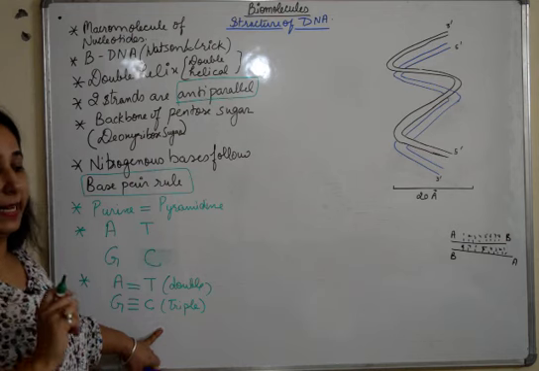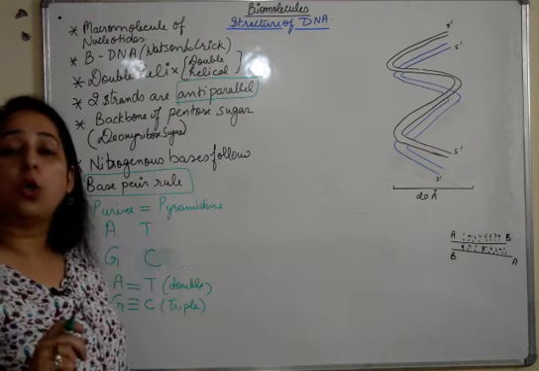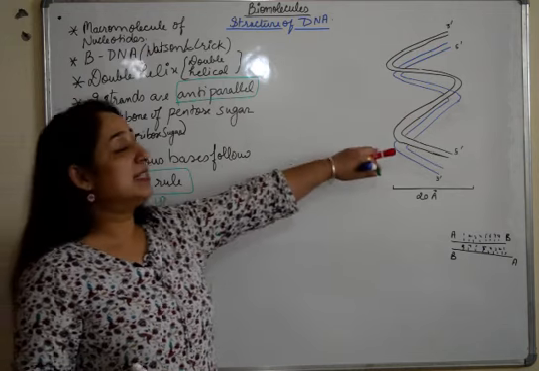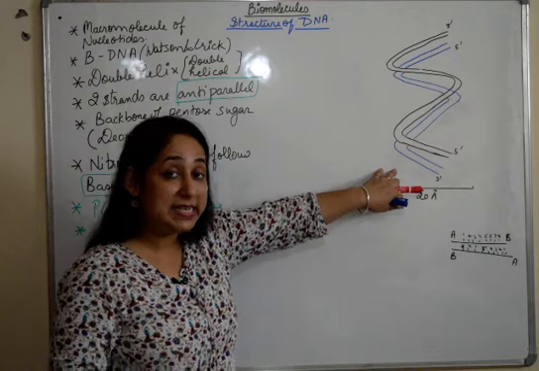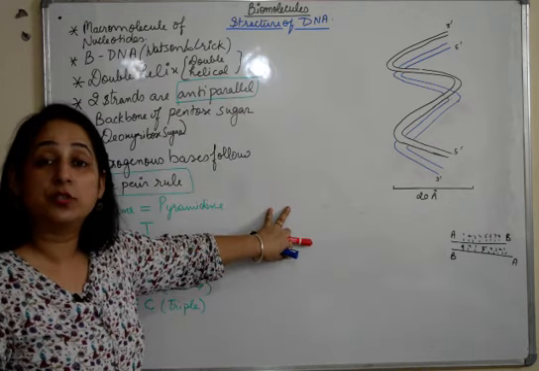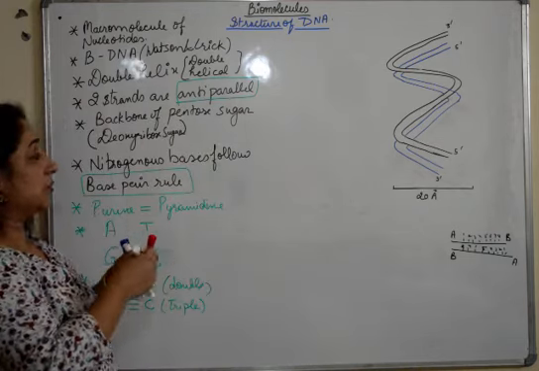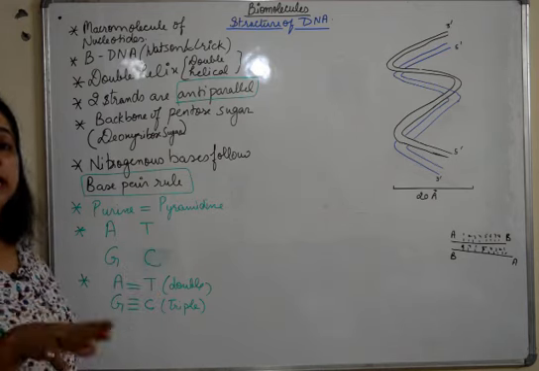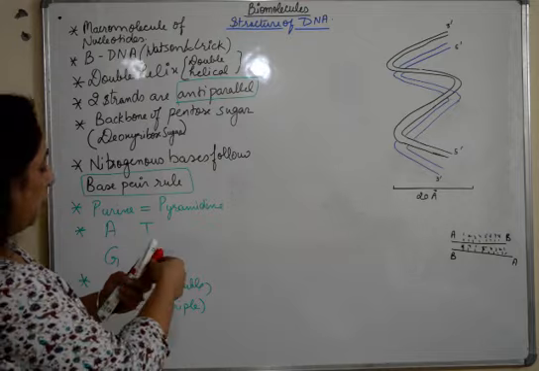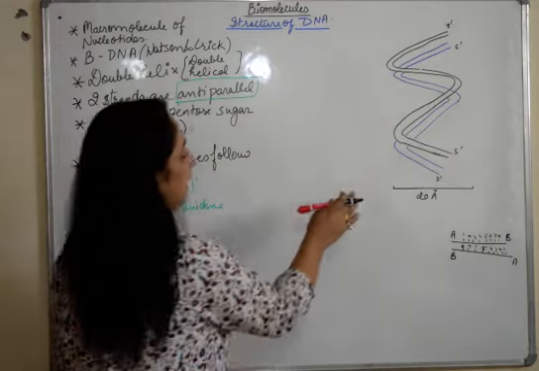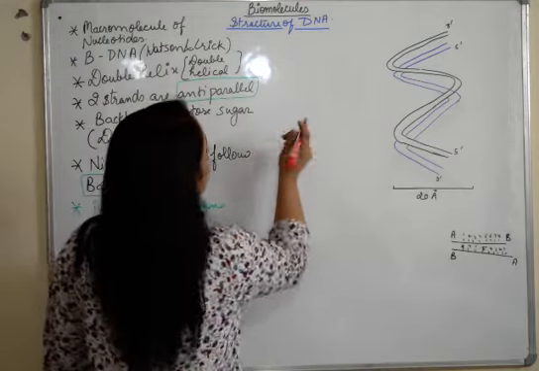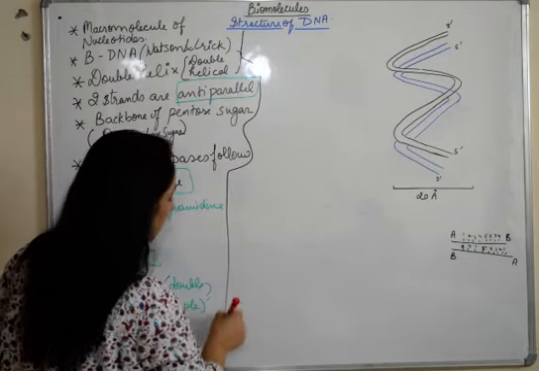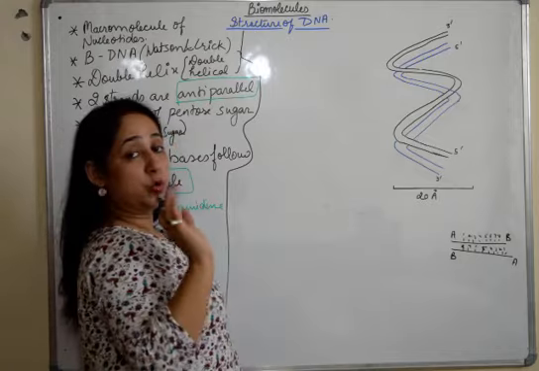We'll now talk in detail about the skeletal structure of the DNA. This is the structure which is present physically, but how can its organic structure be drawn? We'll make that structure taking all these instructions into notice. Now we'll start with the first strand. I'll just mark it. Now we have two strands here.